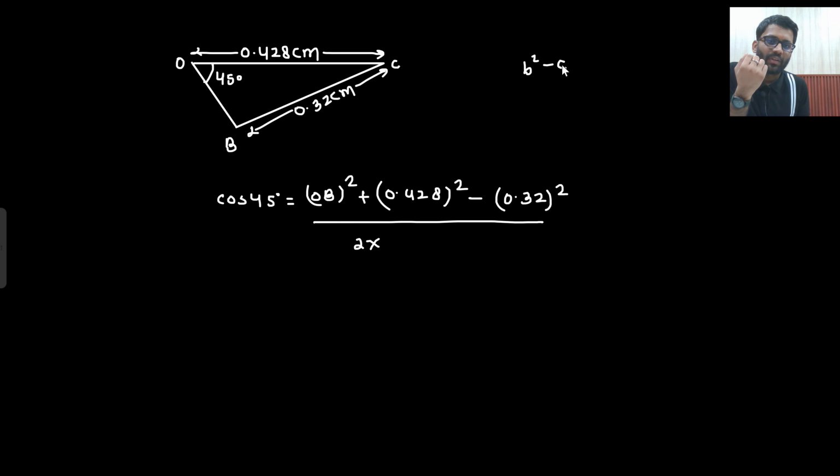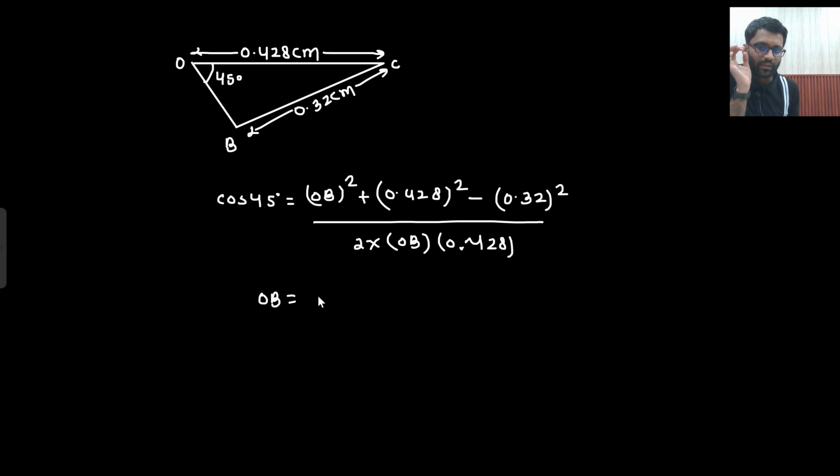What is the formula? B square plus C square minus A square divided by 2BC. So 2 into OB into 0.428. You know what cos 45 is? 1 by under root 2. You know this value, you know this value, you know this value. Only unknown is OB. When you solve this, you get OB value equals to